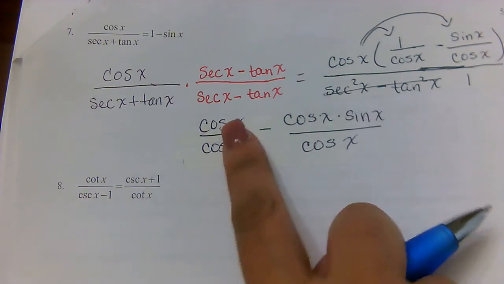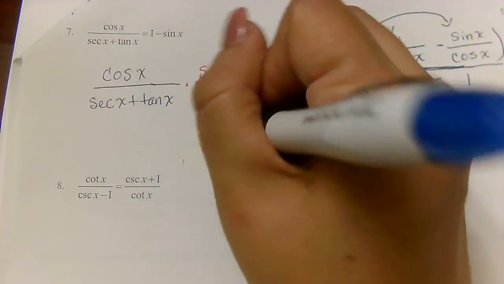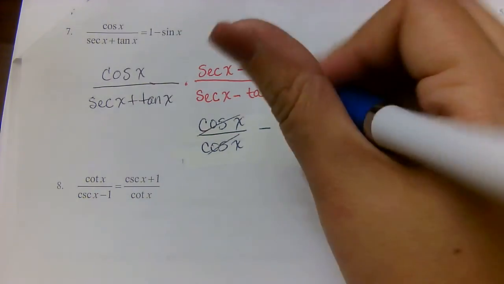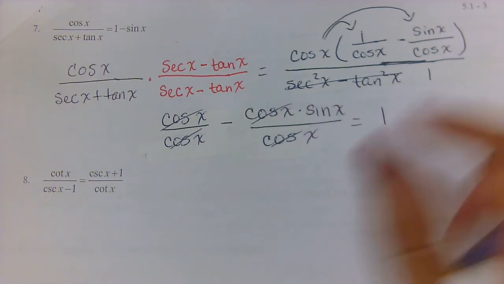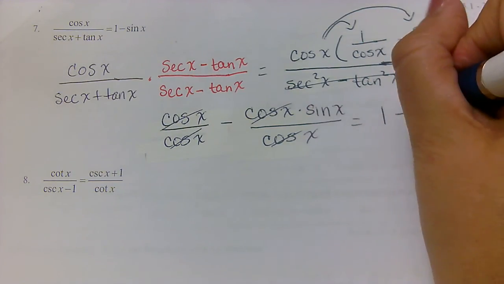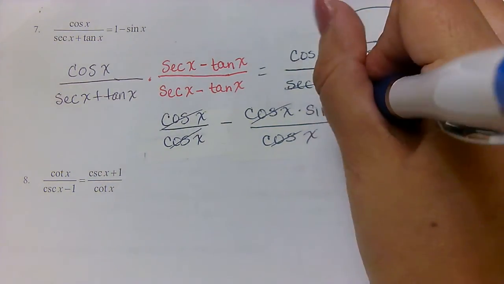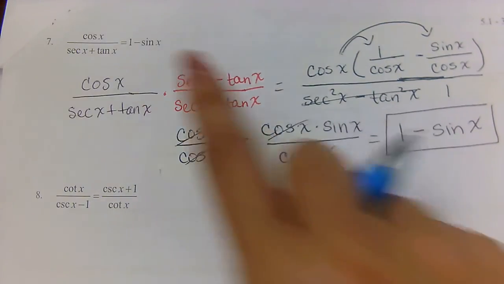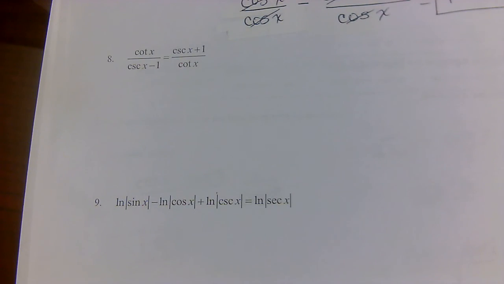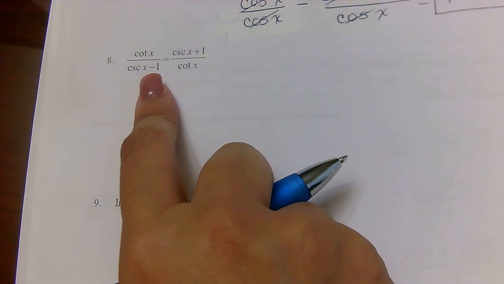Okay, now I can say cosine over cosine is the same thing as 1. And the cosines here also cancel. So I have 1 minus sine. And that's going to be our answer. Same thing as what we have over here. Okay. Next one over here, you can see again we don't have much we can work with, so what I'm